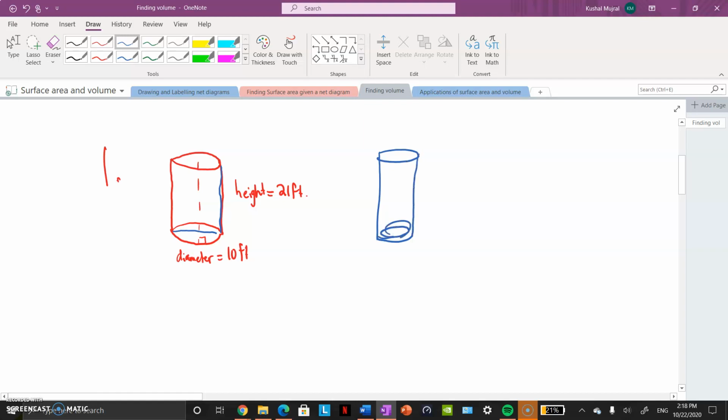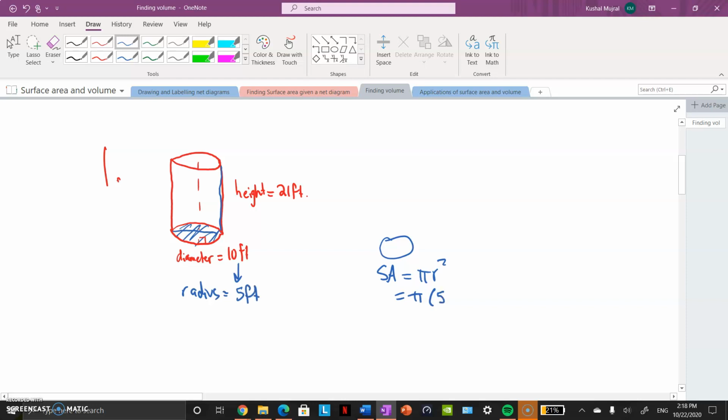and it has a bunch of layers. Okay? A bunch of discs that stack up to make the cylinder. So, if we were to take the surface area of this bottom disk, the surface area of the bottom disk is pi r squared, which is pi times, so if the diameter is 10 feet, the radius is half of that, which is 5 feet, pi times 5 squared, which is 25 pi feet squared,